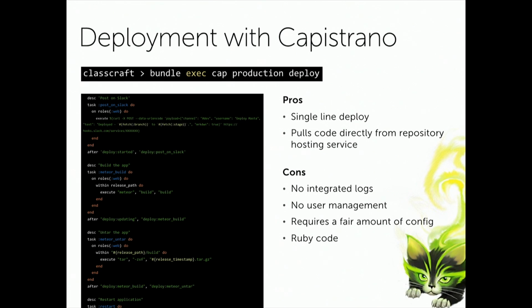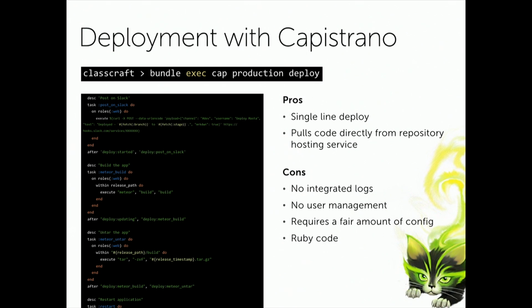And it has single line deployment. Now we had single line deployment in our other stack. We had built our own deployment with Capistrano, which is a Ruby tool. It was good because we could just deploy. On the other hand, it was really annoying because we had to handle the whole build process of Meteor. So we had to build our own tarballs, upload them, untar them on the server, start the app, and it was a little heavy,